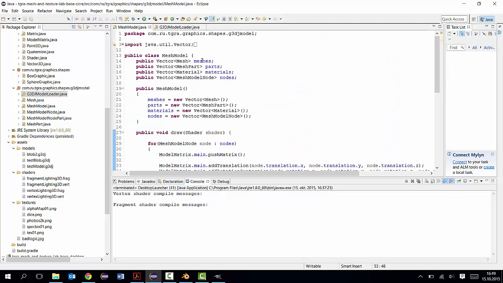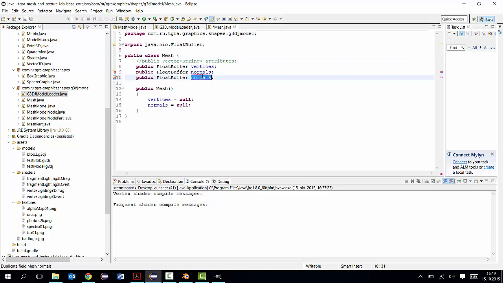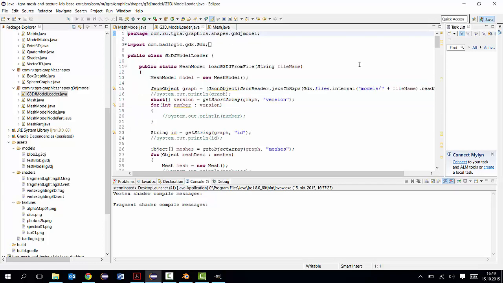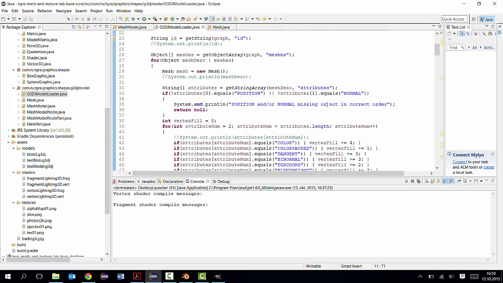map alongside. So if we go into the mesh class here, we have the float buffer vertices, normals, and we want to add a float buffer for just UV buffer. And again we can say UV buffer equals null. So we probably don't want to always read this, so we can say string file name here and build spherical UV map would be a boolean, just to tell us whether we want to do that or not. So if we don't want to build a spherical UV map, we can probably just, let's go through this where we're setting,